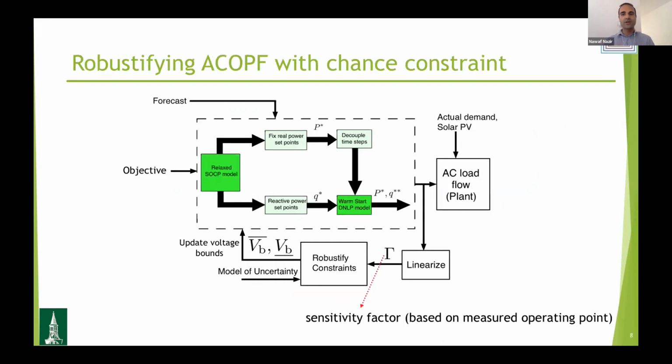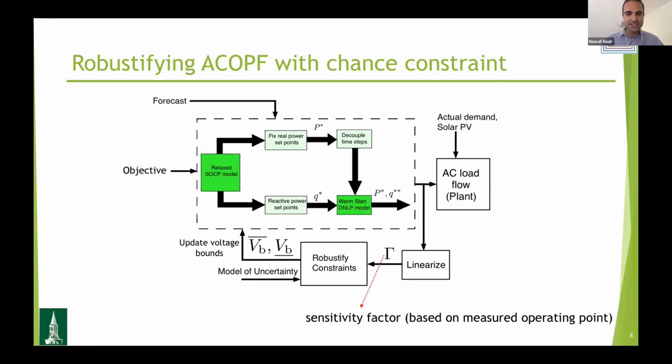All right, so what about when the forecasts are uncertain? So in this case, what we do is we augment our deterministic formulations with chance constraints. So based on the optimal solution that we get from solving the SOCP NLP coupled problem, we linearize our model around that point to get a linearized model, and we get the sensitivity factors, shown here by gamma, which basically relate the constrained variables with the control inputs.